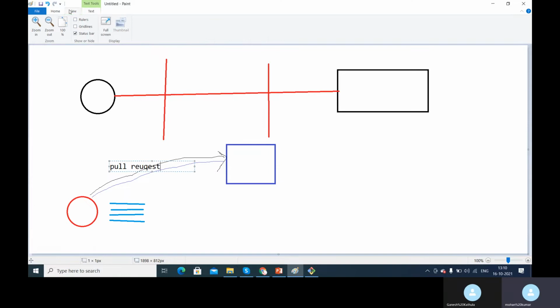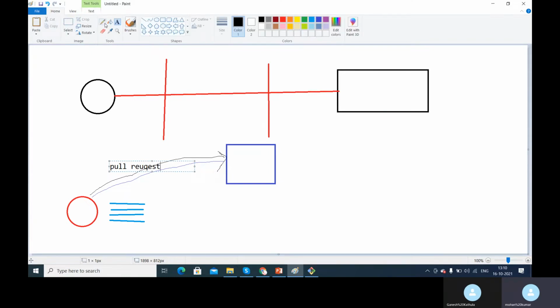Okay, so the next step is that the manager will review your code, and let's say there is an error at line number 5. At line number 5 you have to perform some change, and the rest is all fine with him. So you need to perform some changes at line number 5. That is what he mentioned to you in his review comments. He gave you some comments like this, so he asked you to change line number 5. So he will reject that pull request and give it back to you.